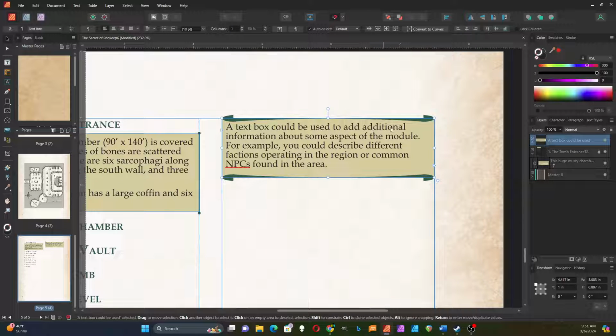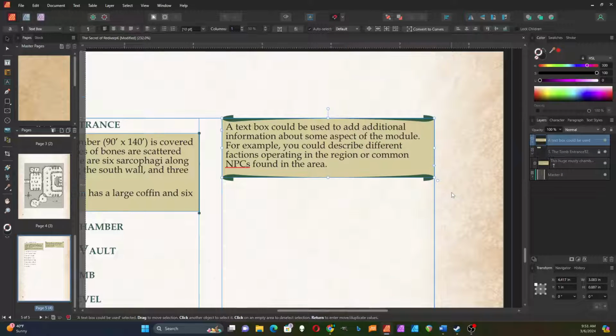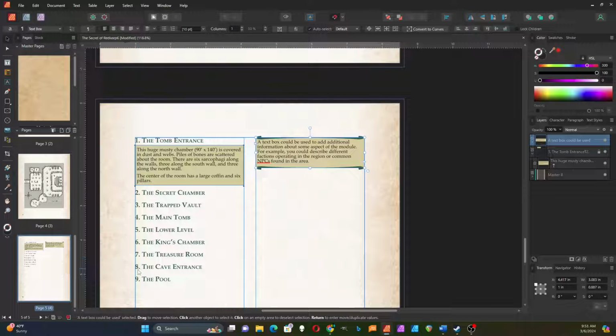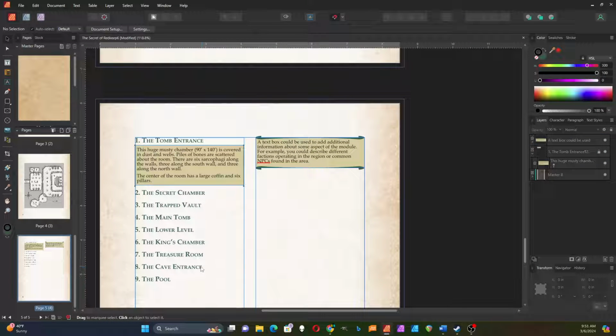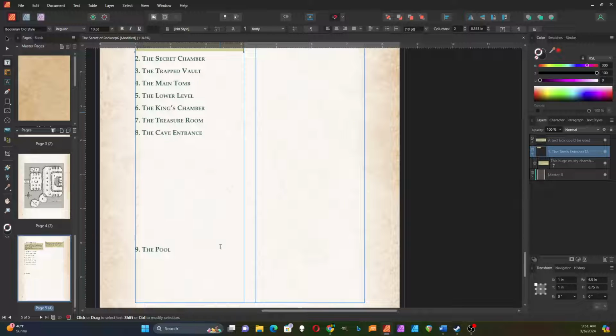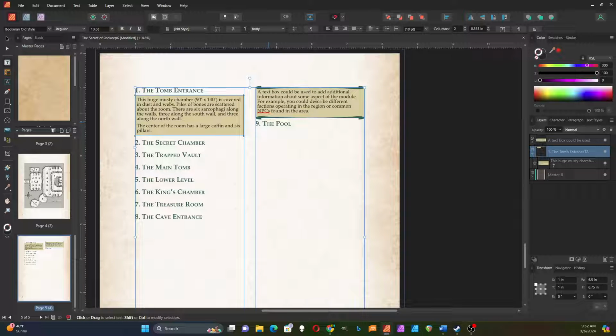The other thing I need to do is to take this whole thing and make it so that the text jumps around this. And so as I add more text, or if I'm adding some more stuff down here, let's see if I go back, yeah, and if I unlock that, I can demonstrate that as I add maybe some more text up here, it should eventually get down, and then when it jumps over to the other side, it will